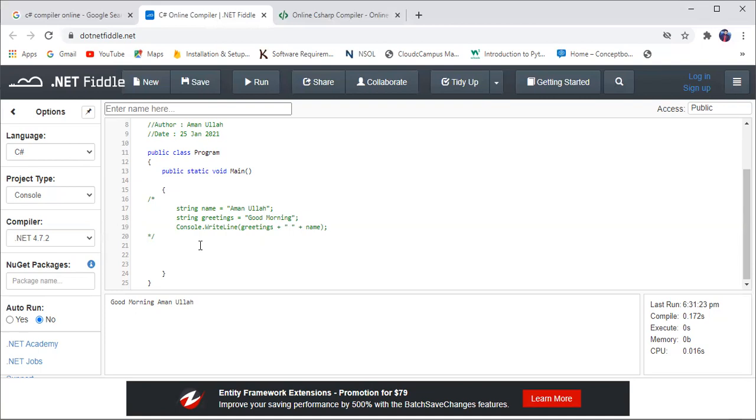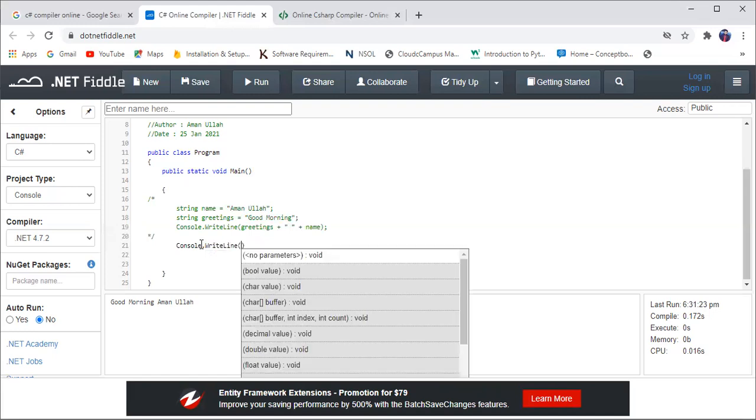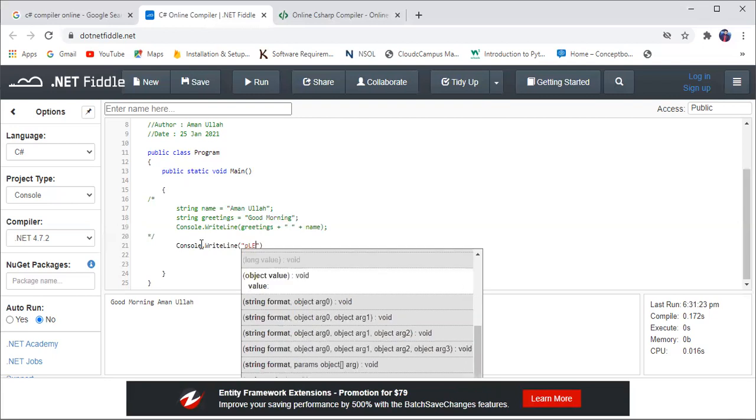So right here I will print a message to the user, Console.WriteLine, and inside this, please enter your name, and then semicolon.